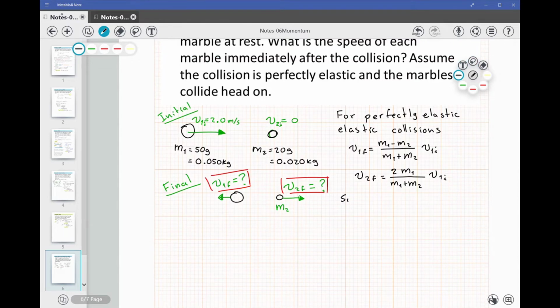Okay, so substituting values, let's say first for marble 1, we have